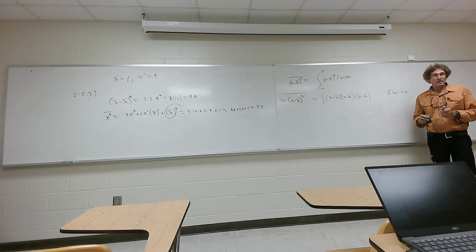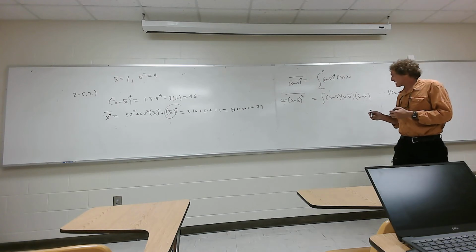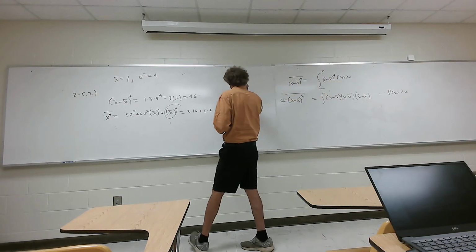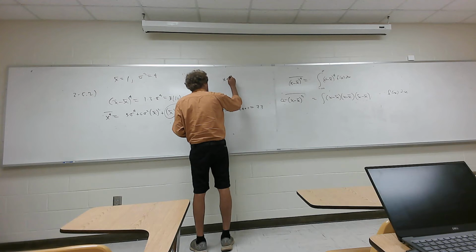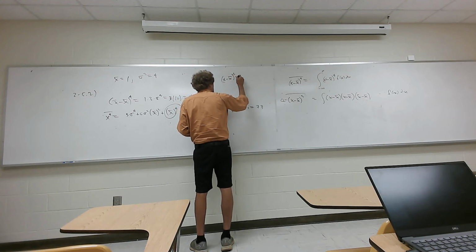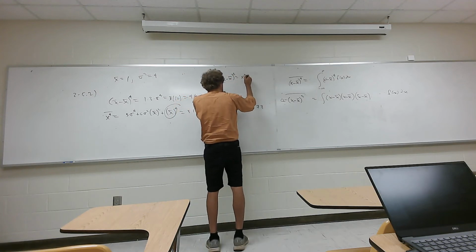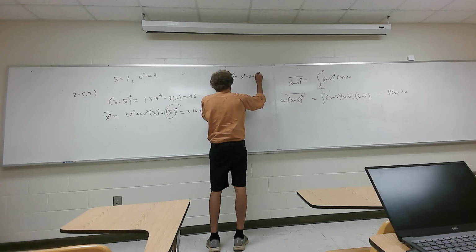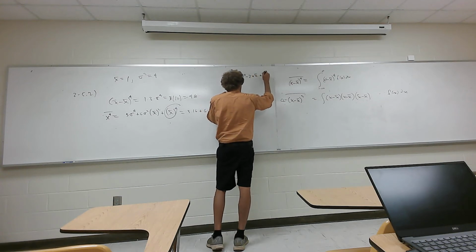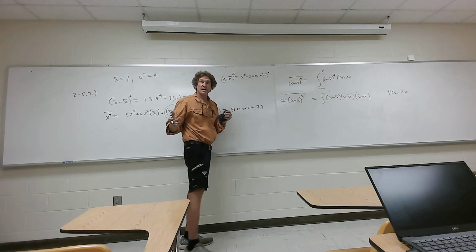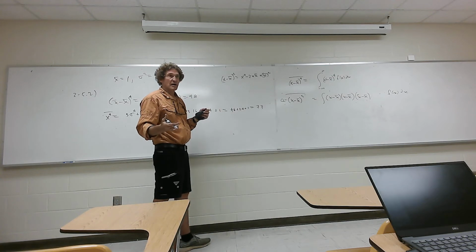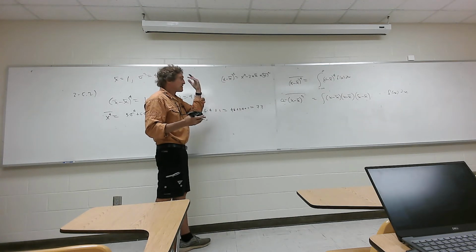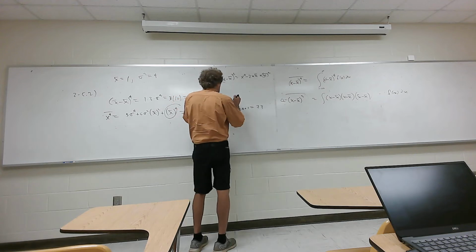Just bear with me. If I have x minus x bar, and I square it, I get x squared, right? Minus 2x x bar, and then plus x bar squared. Agreed? I'm just doing the math on the square. Now if I take that, and I multiply it by x